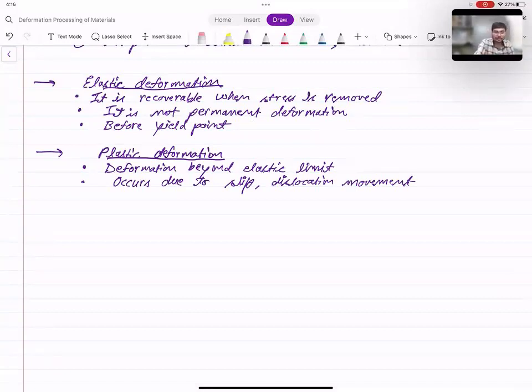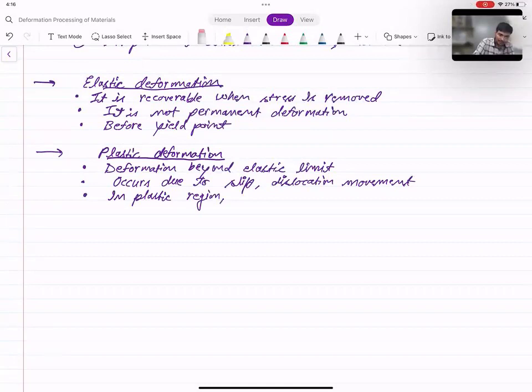Okay, so this occurs, as I told earlier, in the plastic region, and it follows a flow curve type of behavior. A flow curve is needed to define this characteristic of the material. So this is in the plastic region,